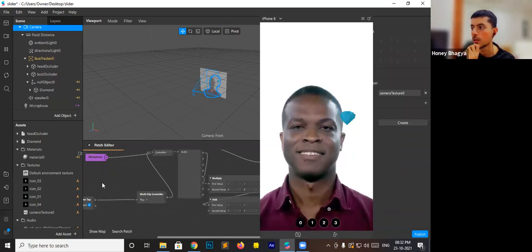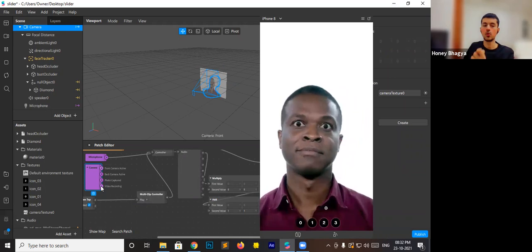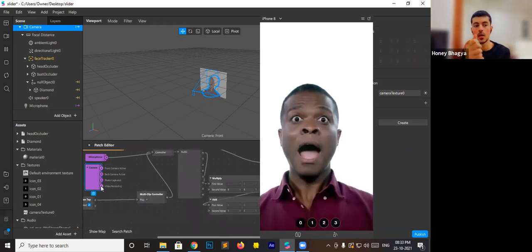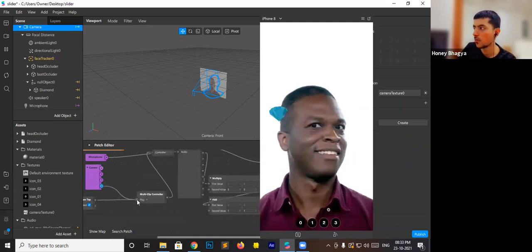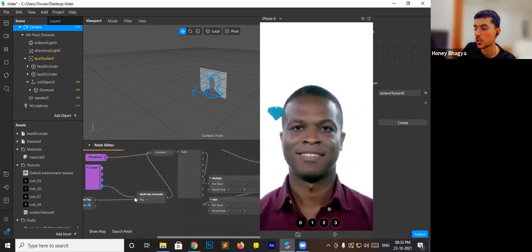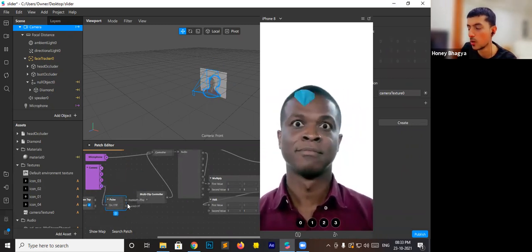You can drag the camera to the patch editor, and as you can see, we have a video recording option here. So as soon as the user hits the record button, it will trigger the multi-clip controller, and the effect will start to work. So you can connect this to here, and the pulse patch will be created.